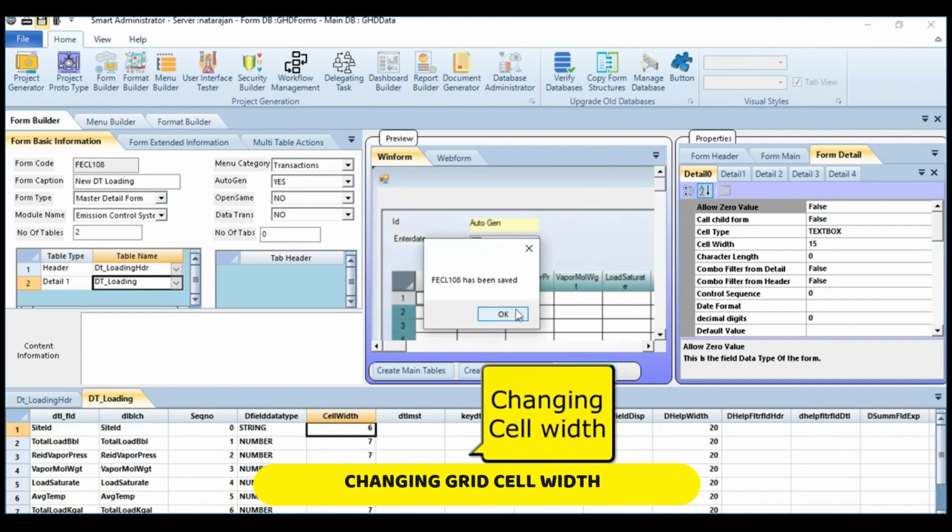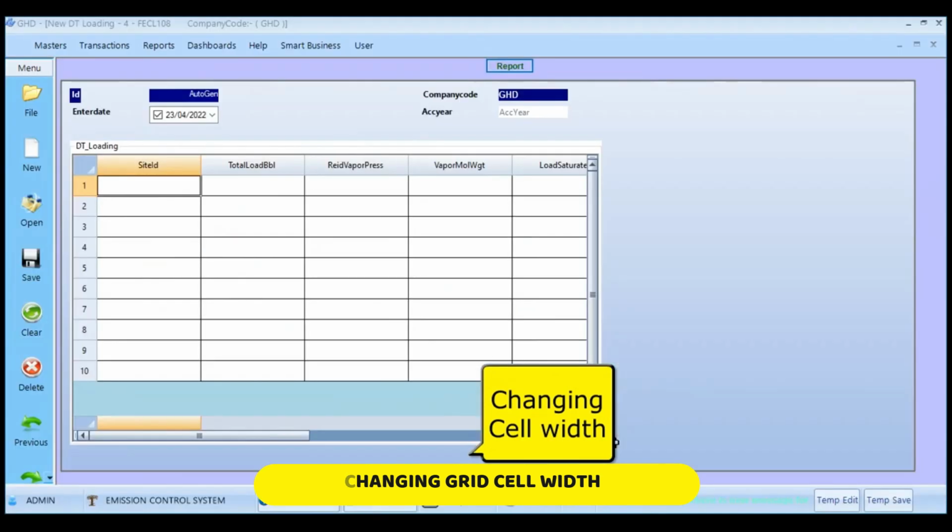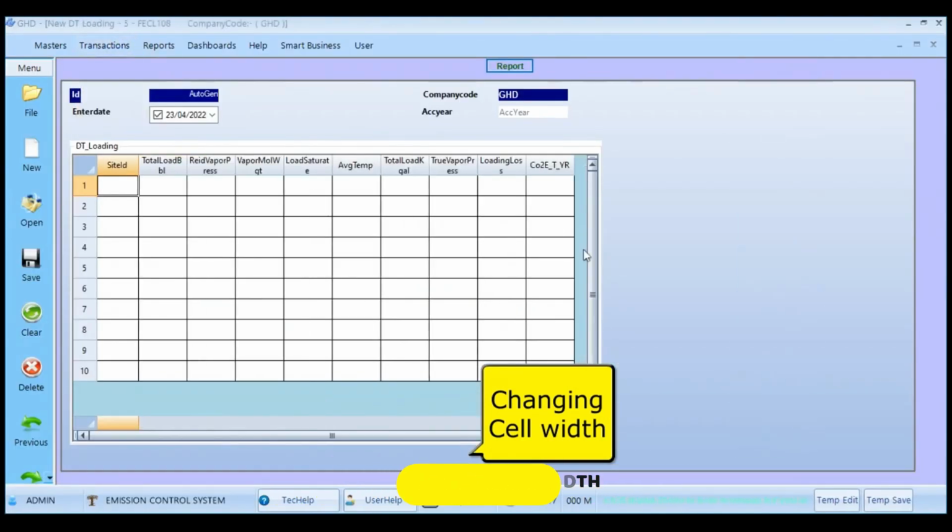interface. On the DT_loading table, which contains critical information for managing loading emissions, we'll demonstrate how to create this table in a database, build a form for data entry, customize the form, and add advanced features like validations, lookup values,